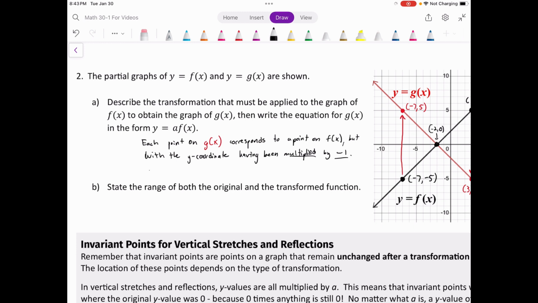So that means we have a vertical reflection